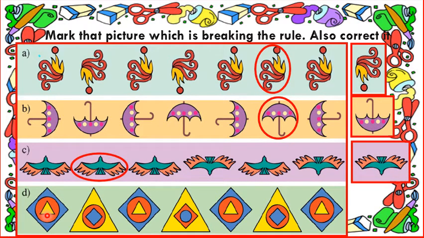Here the fourth block is breaking the rule. First block, third block, fifth block and seventh block are same, whereas second block and sixth block are same. In fourth block, circle is given blue color and it is inside the kite shape which is red in color, whereas in second block and sixth block, red circle is outside the blue kite shape. So circle fourth block and draw the block again correctly.